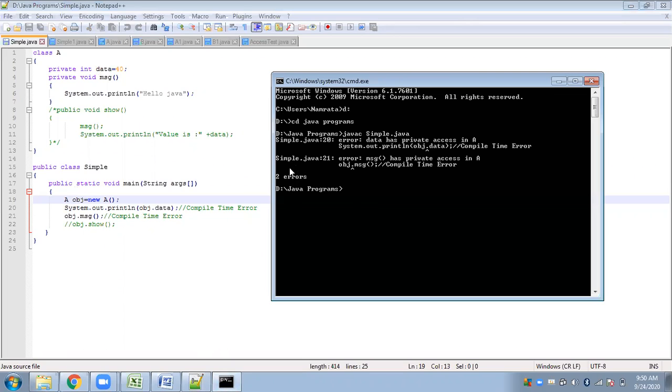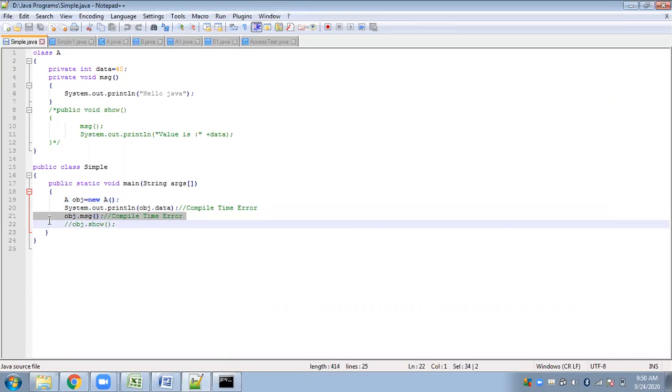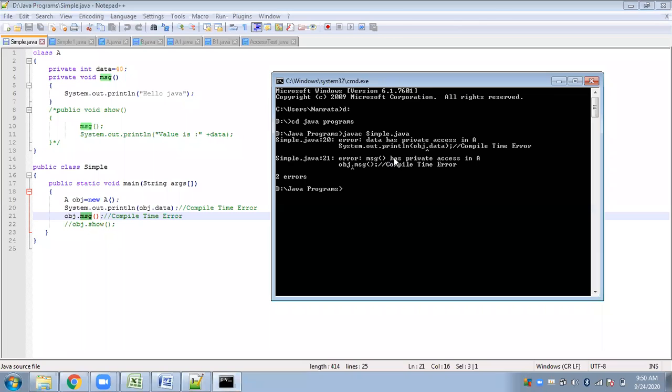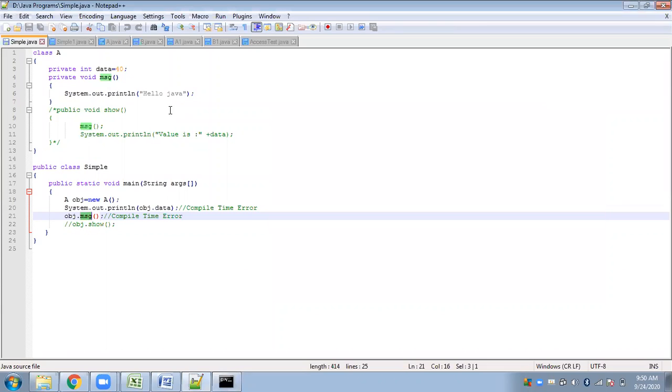Next, we have another error in line number 21, when we try to invoke the message method. Here also it showed the same compile time error: message function has private access in A. If you use the private access modifier, it means that the member declared as private is accessible only from within the class.